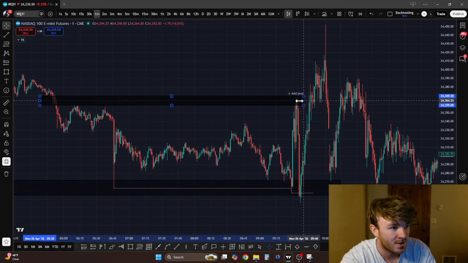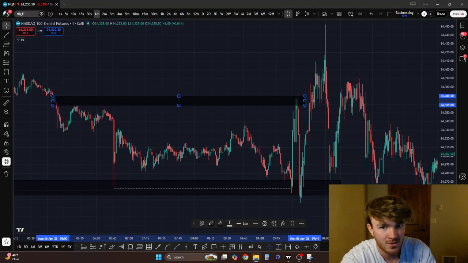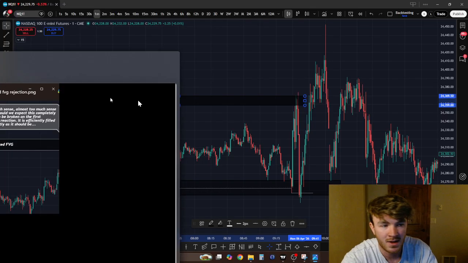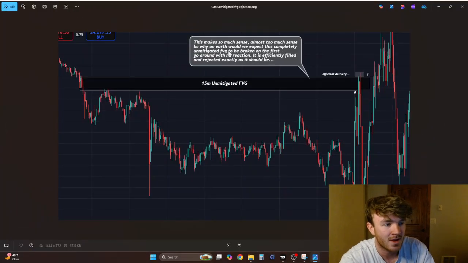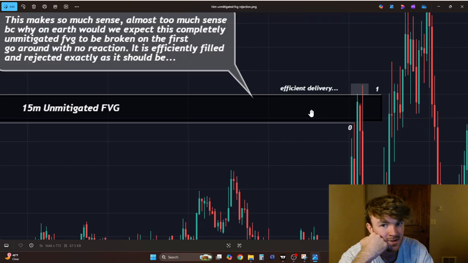So we'll look at first this one right here. This 15-minute external gap. Once again, if you don't know what to do to find a specific trade, you sometimes just find these external gaps and then look for the aligned time frames. Look for lower time frame confirmation that we're going to reject price. So here you can see a 15-minute unmitigated gap. Obviously, we're looking at the lower time frame. Here you can see it's efficiently delivered, meaning we completely fill the gap, popping above the high